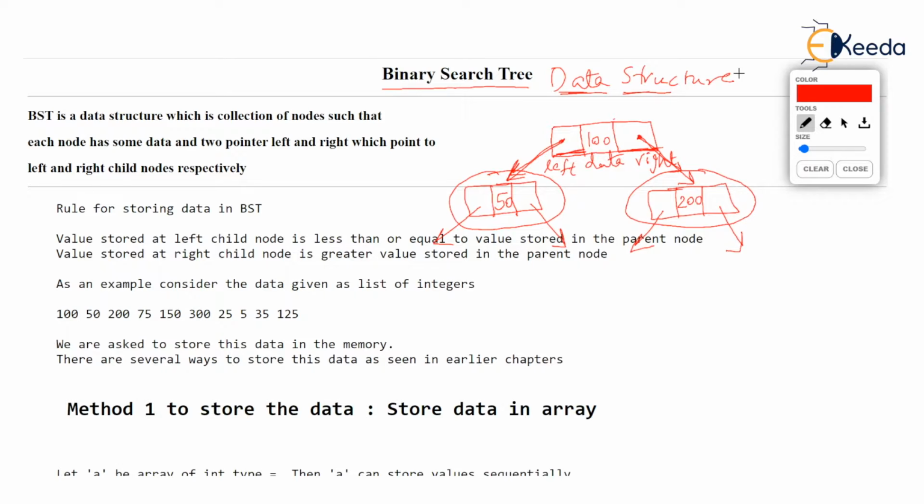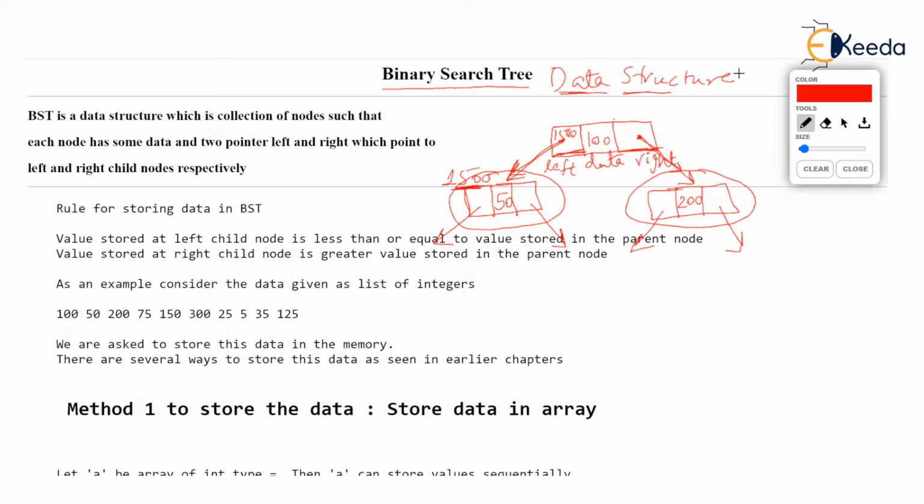But if you go technically, what this all means is that if the node which stores 50 is at address 1500, let's say the base address of the node at which 50 is stored is 1500, then the left pointer of the node which stores 100 will literally store 1500.